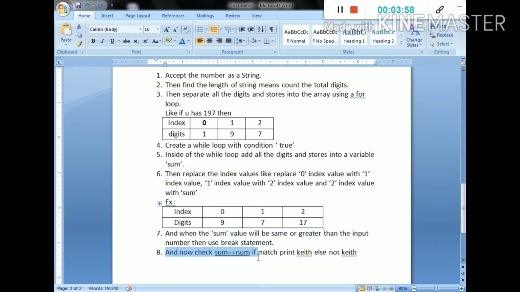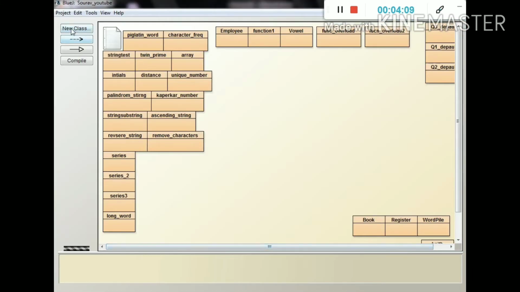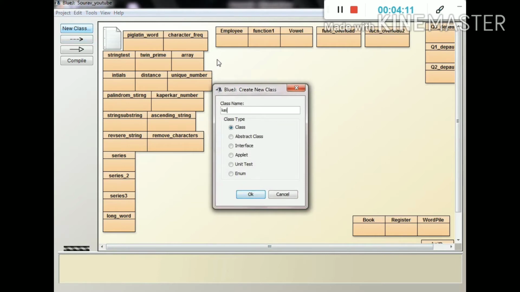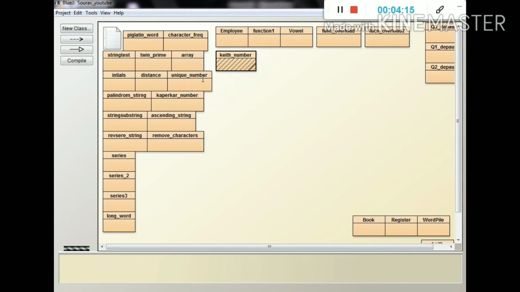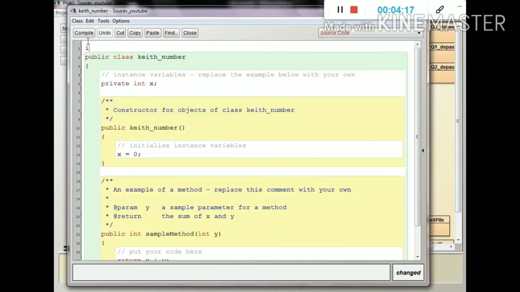And now check sum double equals num. If it matches, print kth, else not kth. Okay. So what about this? Just create a class named KthNumber. Okay. Then import java.util.*;